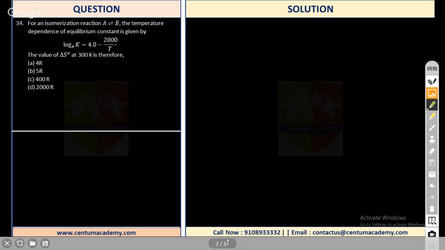Okay, I'll do this. For an isomerization reaction of A gives B, the temperature dependence of the equilibrium constant is given by this. The relation is given. We have to find out delta S. First of all, we know the expression of the free energy with the reaction quotient. Delta G is equal to delta G naught plus